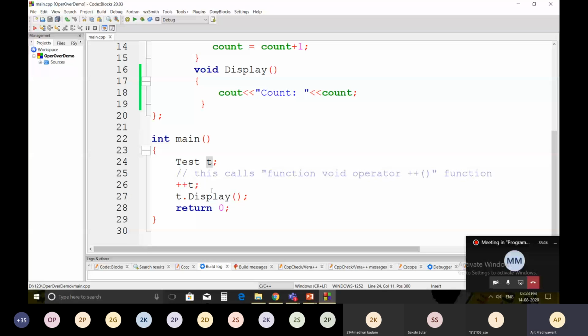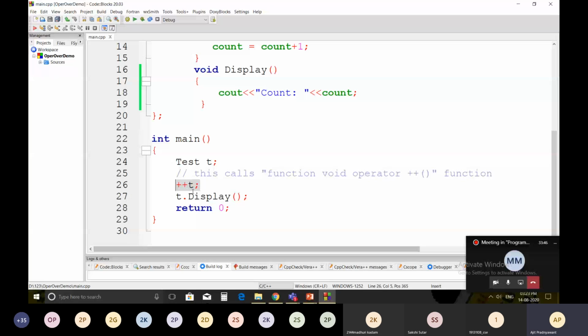Look at this: this is an object, and we apply the plus plus operator to the object. Plus plus is normally used to increment the value of an integer variable, but here t is not an integer variable, it is an object, and this is used to increment the value of count.